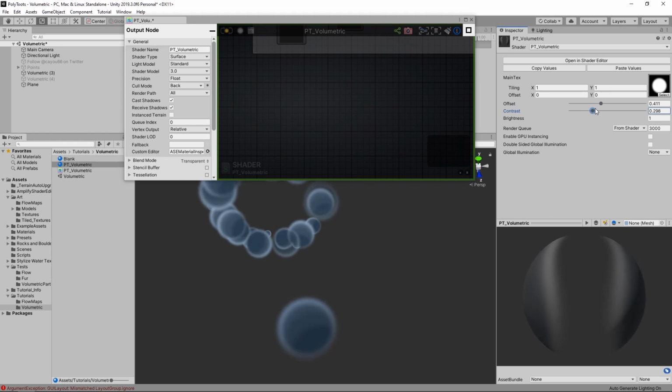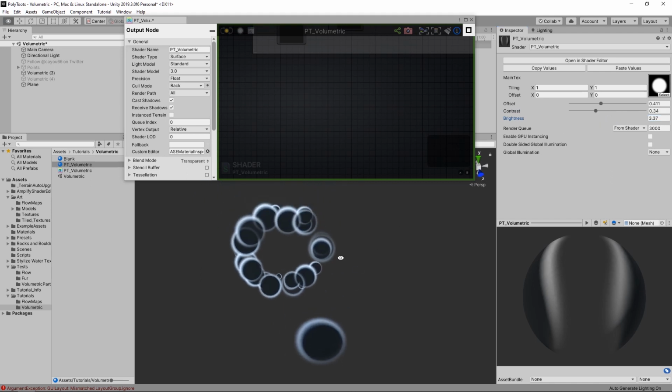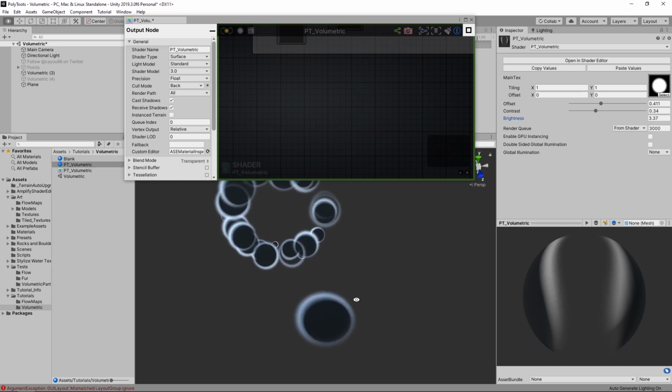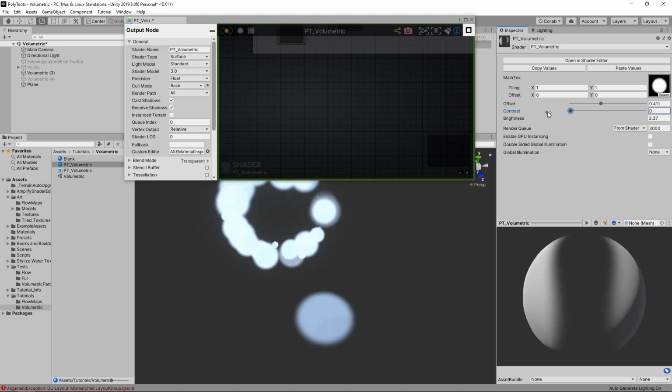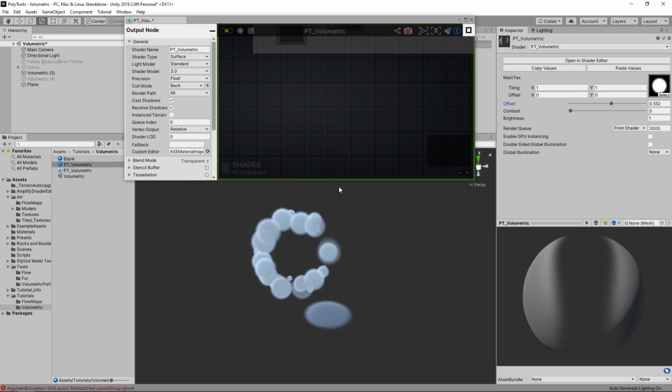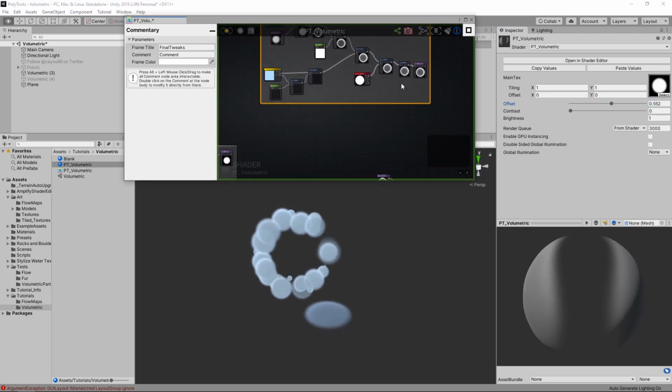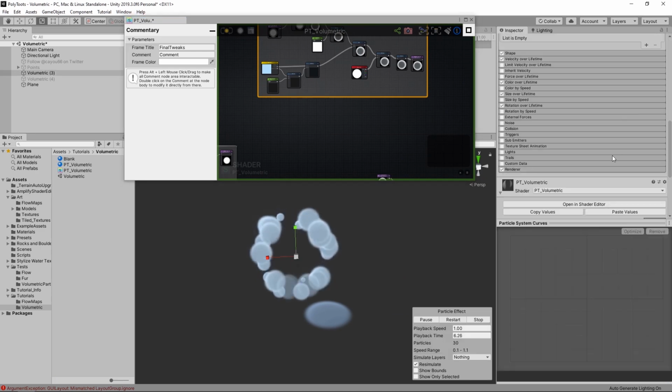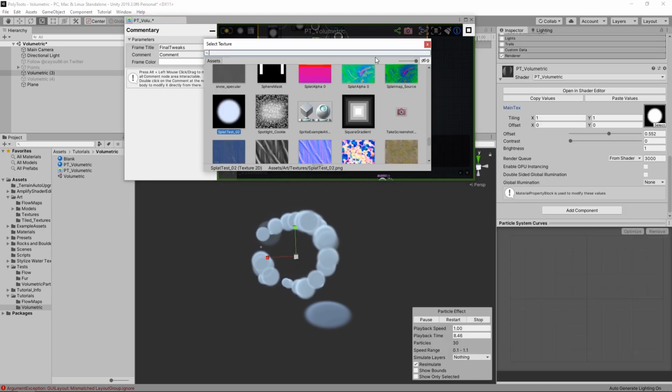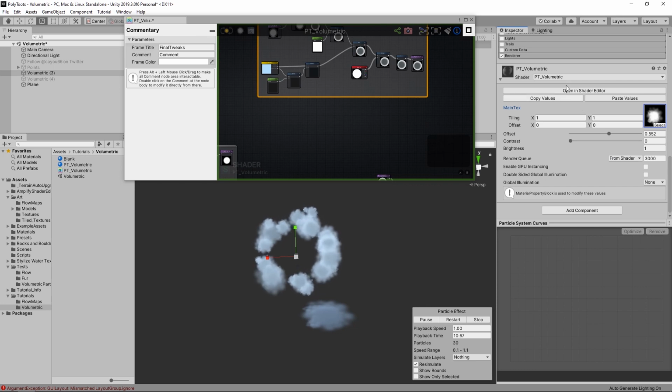We do have some contrast, so we can really crisp out those edges, and we can increase the brightness as well, which doesn't really work if the contrast is on, but I kind of like it. That's why I made it like that. It means you can really boost those edges, or you can just use the brightness without contrast, and that will just give you some brightness. But yeah, so we'll leave that at that, and let's go back here and let's give ourselves a smoke texture,